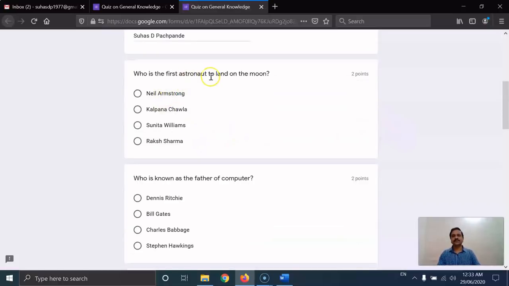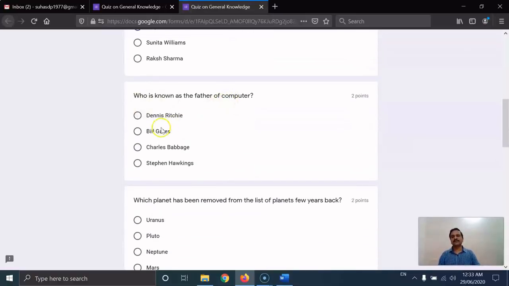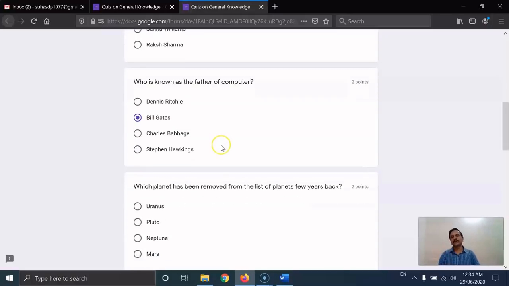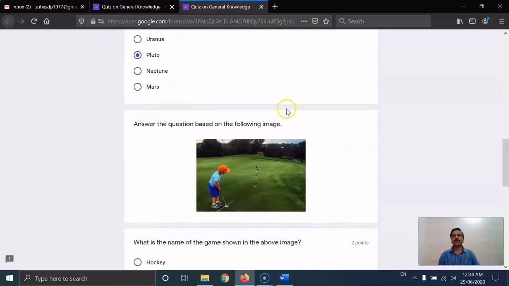So let's say for the first question, I have added this answer. Okay, Kalpana Chawla. For second question, I have chosen Bill Gates. Okay, I'm intentionally making mistakes so that we will be able to know where I was wrong actually. Then for this which planet question, I am using Pluto.